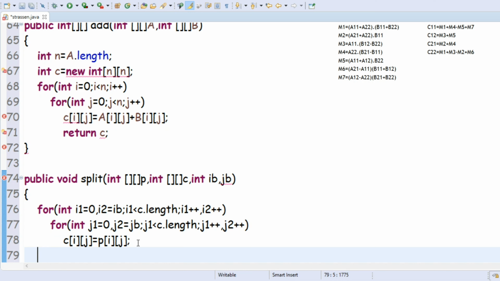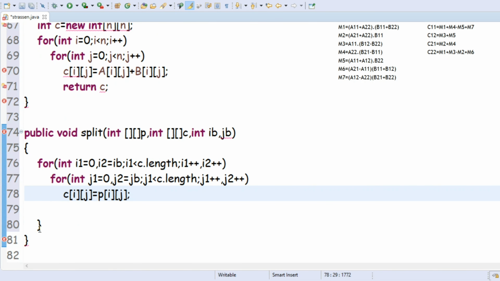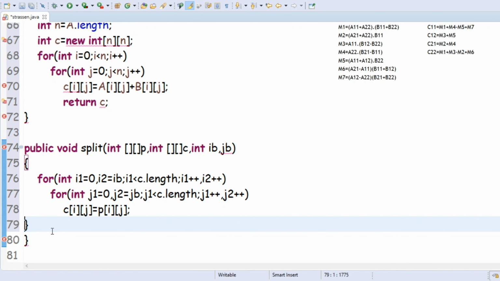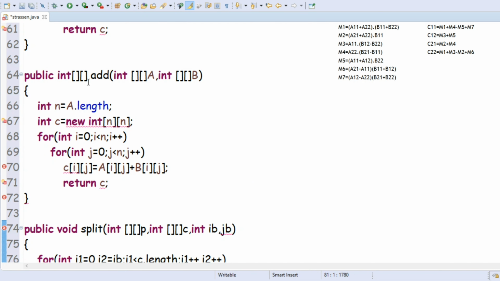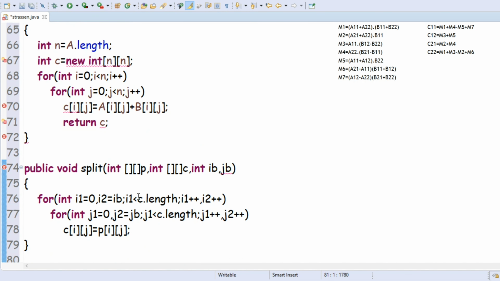The parent elements, that means when a matrix is subdivided into different parts, if you take a 2 by 2 matrix, the 2 by 2 matrix will be subdivided into 4 halves. So those 4 halves will be copied into the child matrix. After splitting the given matrix, finally the addition and subtraction operations will be performed.